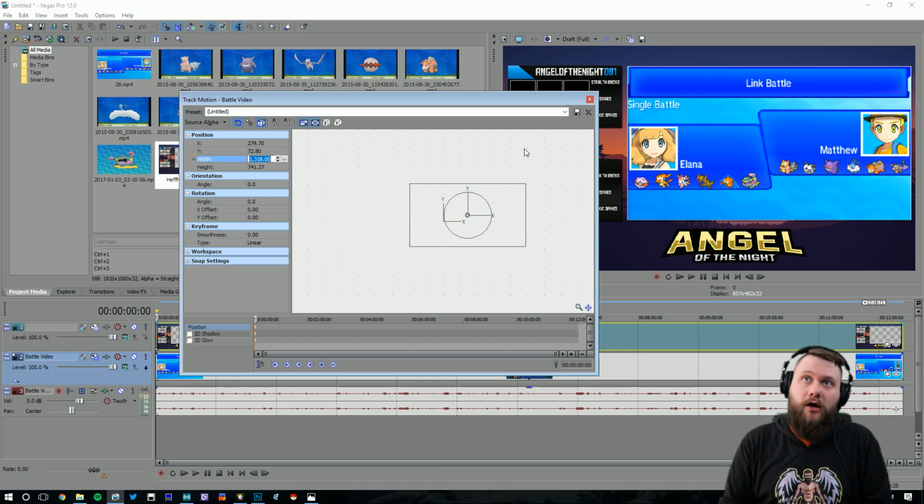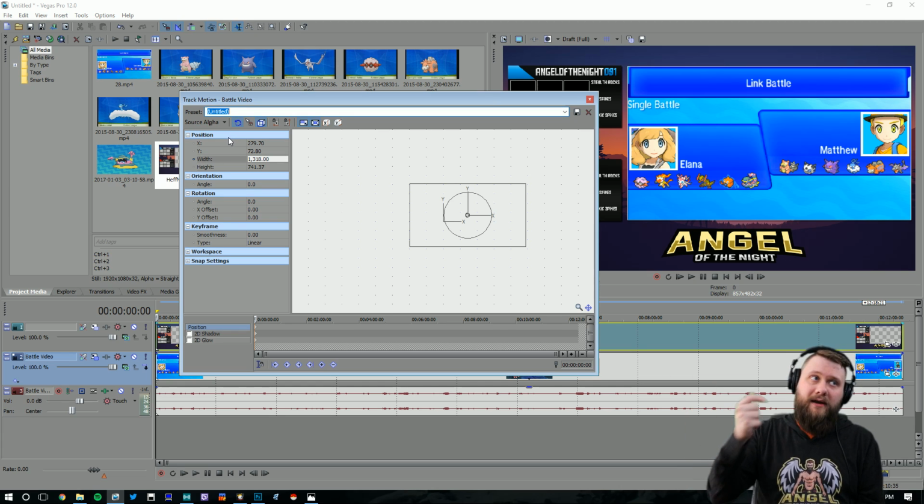We have it right now at an x-axis of 279, y-axis is 72, width of 1318, and height of 741. So the big thing here is that we've got it in place where I want it. Let's say you want to save this, so that way you can just automatically do this quicker next time. Just label it to whatever you want. I'll just label it as sample